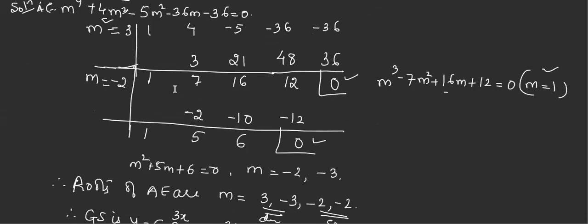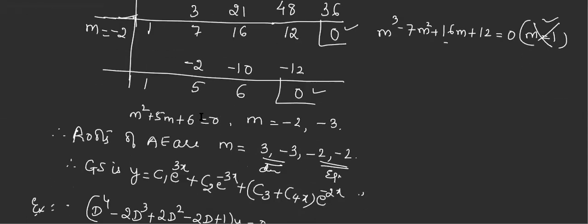Let us proceed ahead. Now you can confirm this is the equation, a reduced cubic equation. For this, you should not have to again check m equal to 1 and 2, because when it is not a root for this biquadratic, obviously it will not be a root for the next cubic equation. So take, and you can confirm with some negative values if 1, 2 is not satisfying. Okay, m equal to -2 you can take. Here it satisfies. You can clearly see in this table. Then you will get a quadratic equation.